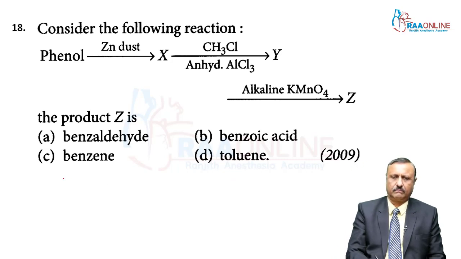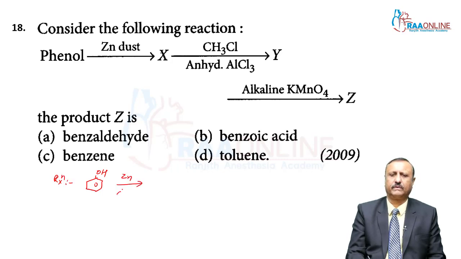Here is phenol, what is the concept? You can convert these reactions, means you can write here phenol. This is the whole reaction. When this phenol reacts with zinc dust, you know very well, this zinc dust removes the oxygen from here. So when this oxygen is removed, you can get benzene, and this benzene is the X product and ZnO is removed. This benzene reacts with